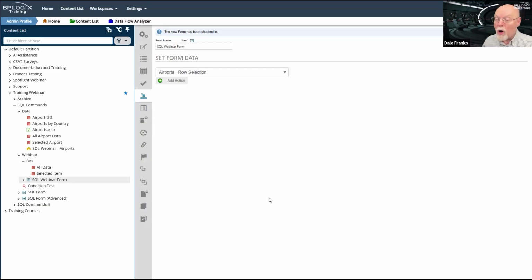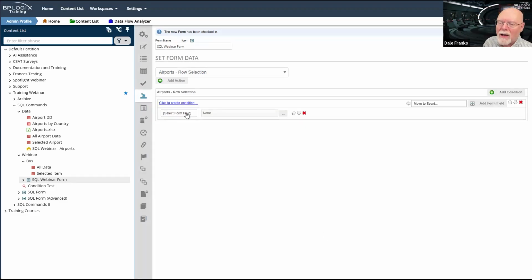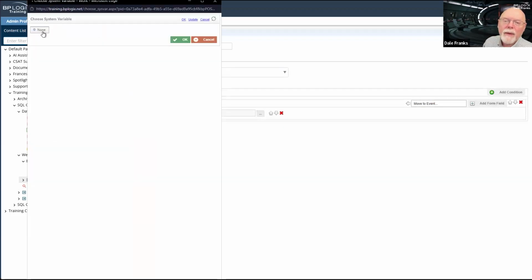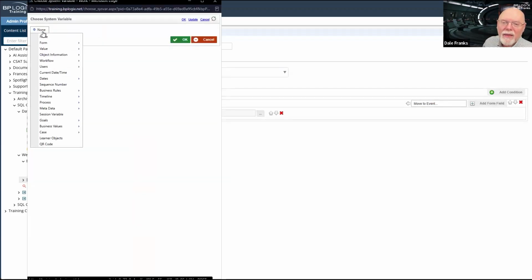Airports row selection, airports is our data list. Row selection is our event. We will add our action and we will set the ID field to, and this, by the way, is what is going to become searchable.